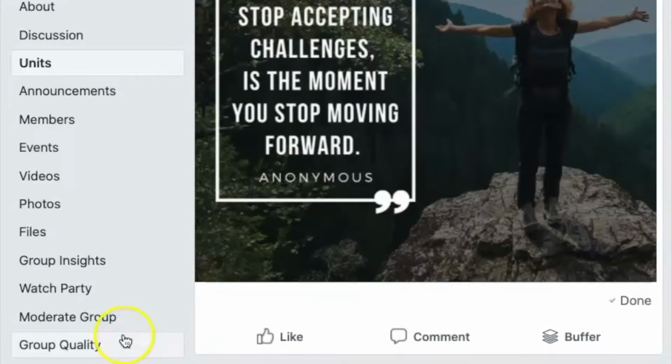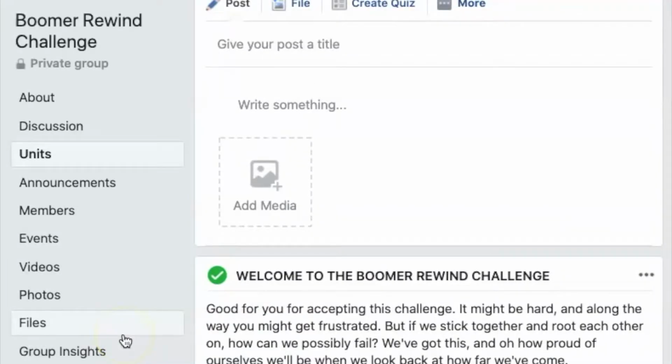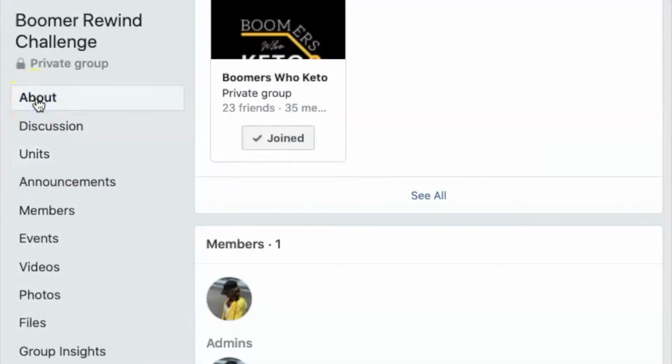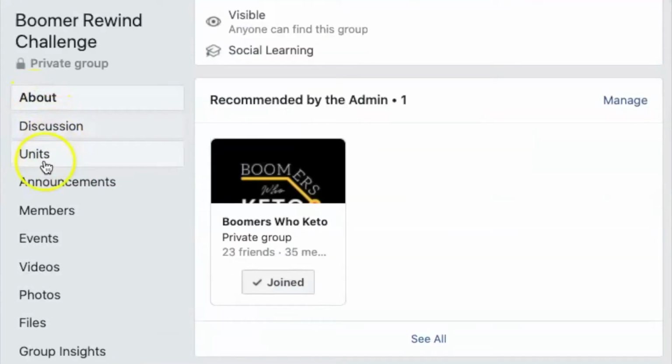So now let's go back to the menu for a bit. The About tab here just tells about what your group is about. And we've talked about the discussion and the unit tabs. Just a refresher there: the discussion is where the activity goes on, discussions, comments, whatever. And the units is where you go when it's time to go to school and you need to focus